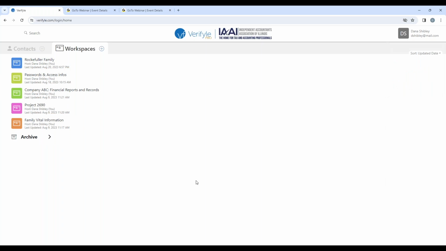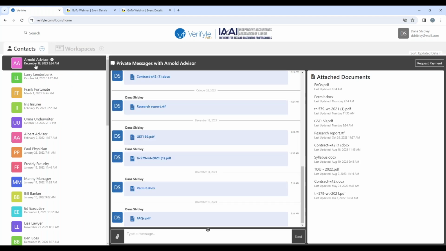The second thing I want to point out to you is there are 2 major areas in your Verifyle system. There is the Workspaces area that we're in right now, and you can see that exemplified by the fact that the Workspaces tab is highlighted here. But let's begin by going into the Contacts area. So I'm going to click the Contacts tab right here, click, and now I can see my list of contacts inside of Verifyle,